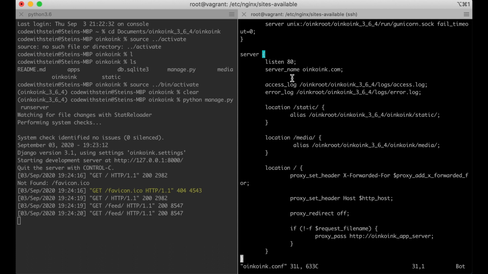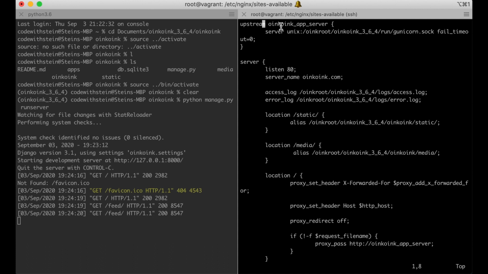In here, the first thing you do at the top is to create an upstream and call it oinkoink_app_server. This is a reference to the socket file which was created by gunicorn. So it's server unix:/oink/root/oinkoink/run/..., which is the environment, and then this will be created when supervisor starts the